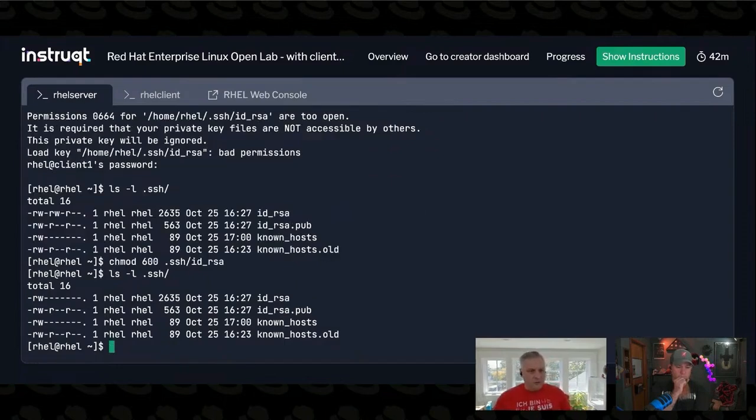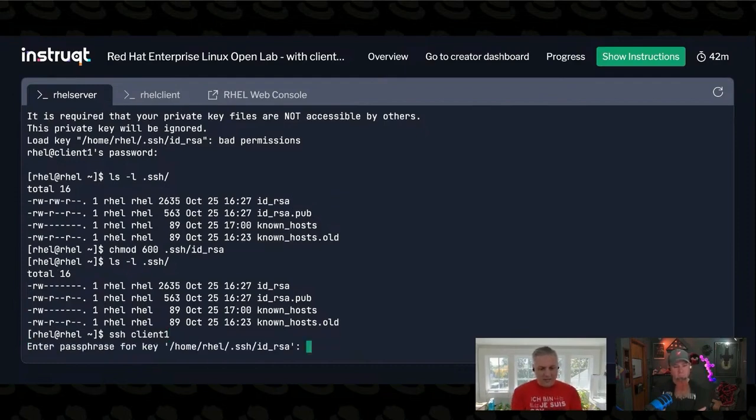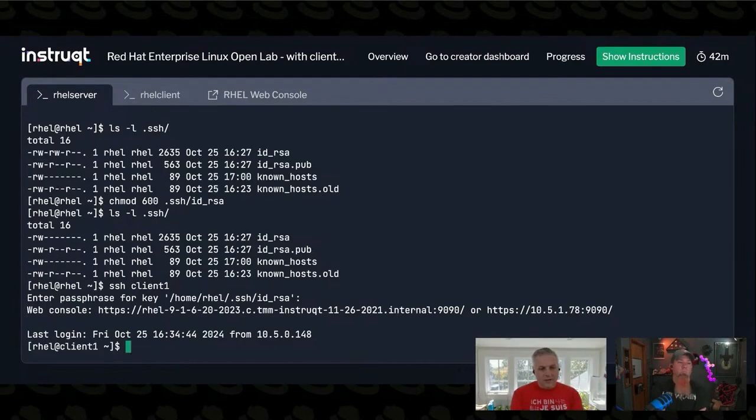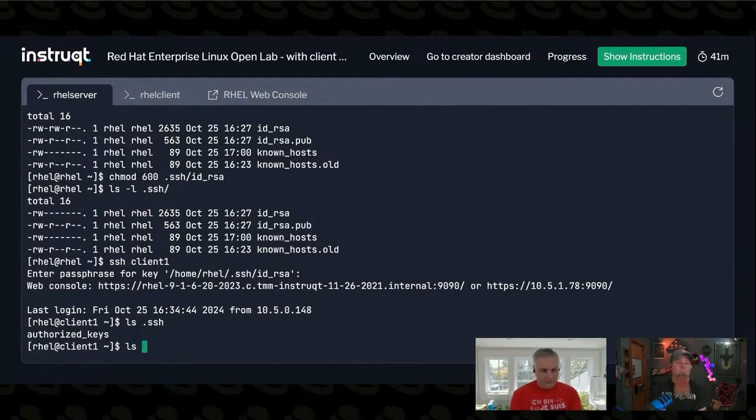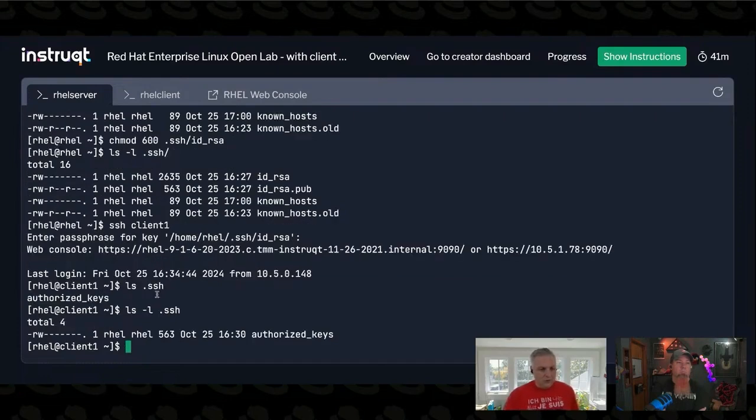Right, so that was what it was complaining about with that gnarly looking error message, was that I had the wrong permissions on that file. And now that I fixed it, when I go and connect to the remote machine again, it works fine. The other place where that's important, notice on the remote machine, this authorized_keys is also permissioned 600. And if for some reason it was 644 or 664, it would also give you an error about not having